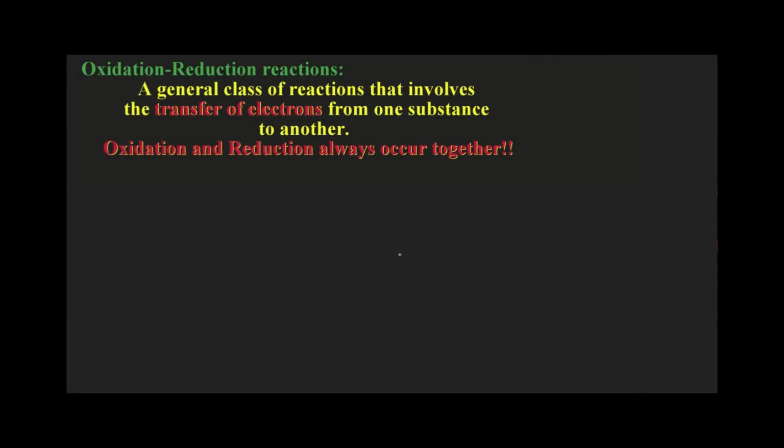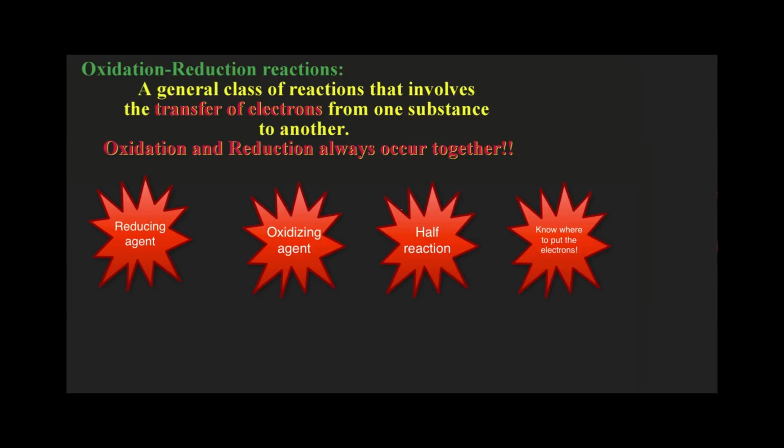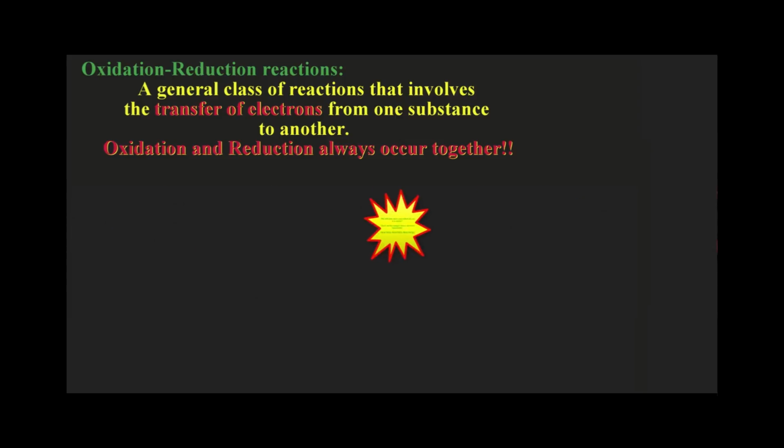Hope I've clarified any doubts that you might have over oxidation reduction reactions, collectively termed redox reactions. Make sure you can identify easily the reducing agent, the oxidizing agent, and be able to go from a whole reaction to the half reactions of reduction and oxidation and put the electrons in the correct place. You need to be able to do all those things before you can start talking about the single replacement reactions that occur using an activity series. That will be the second half to this redox reaction video, so make sure you check out that concept video as well,